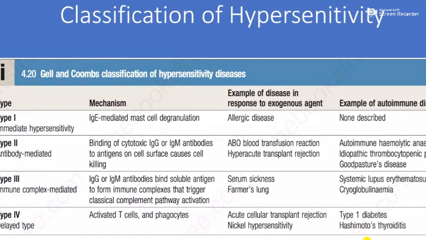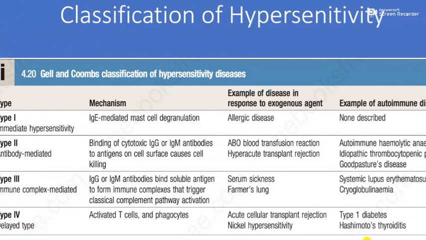and Goodpasture's disease. Type 3 hypersensitivity. Here, the IgG or IgM binds to soluble antigen to form an immune complex. This immune complex will result in classical complement pathway activation. Examples are serum sickness and farmer's lung, and it results in SLE, which is systemic lupus erythematosus, and cryoglobulinemia as